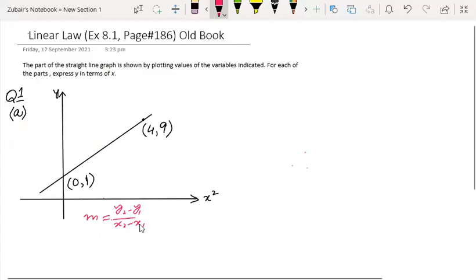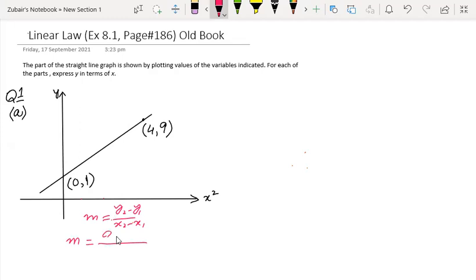So using the coordinates, y2 is here 9 minus 1 upon 4 minus 0. So the gradient is coming out as 2. Okay. So the line through,